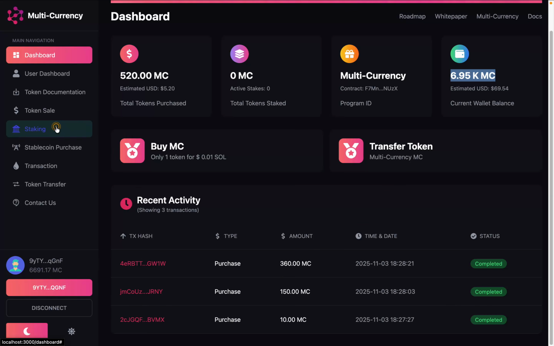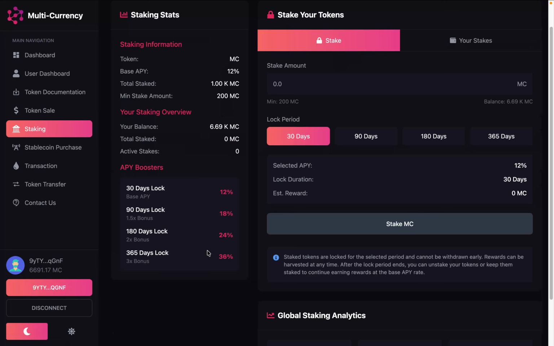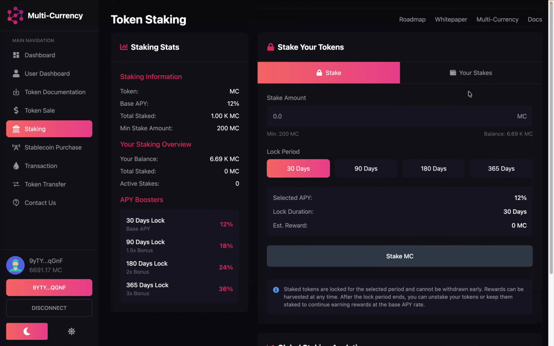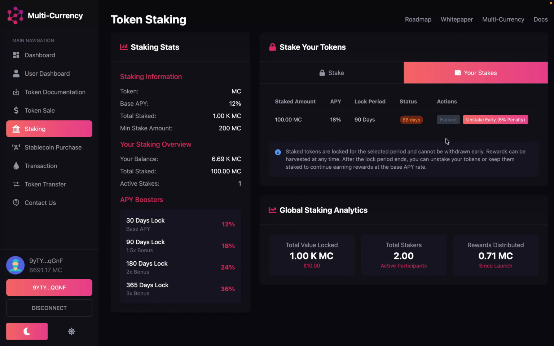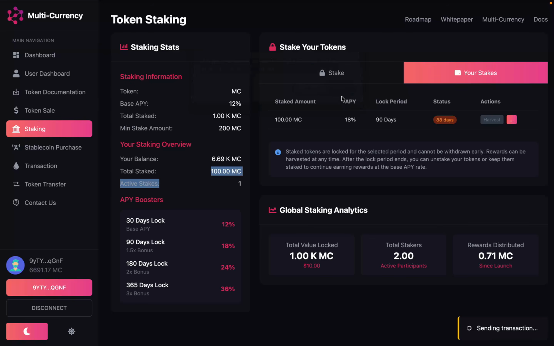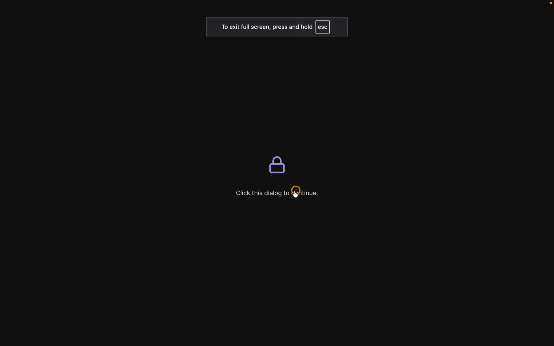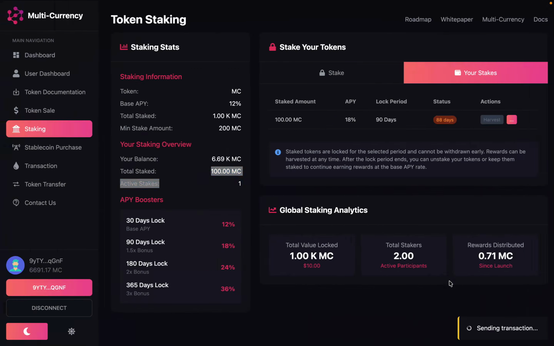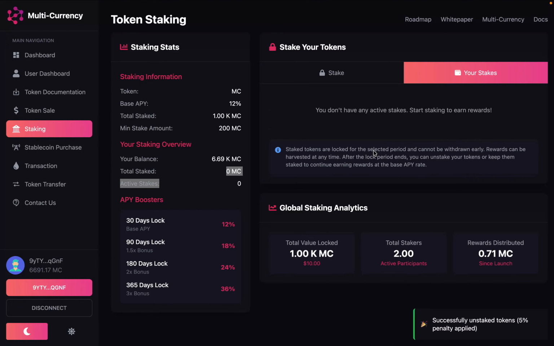Now let's come back to the staking, and here you will find the overall details about the staking. And if you go back to your staking right now, you have only one stake. We have only one stake, and this is how much reward we have distributed, and this much token is locked in the contract, and you have locked 100 token. If you want to withdraw, you can withdraw. So if I click on this OK, and here the transaction is processing. Click on confirm, and here I'm withdrawing and unstaking my token, paying 5% penalty on it,